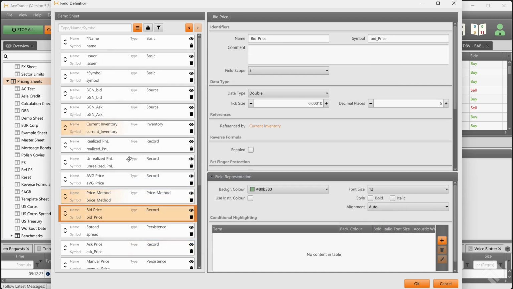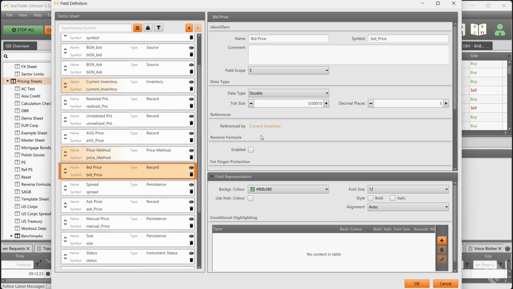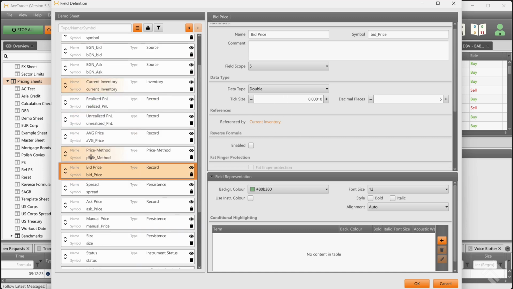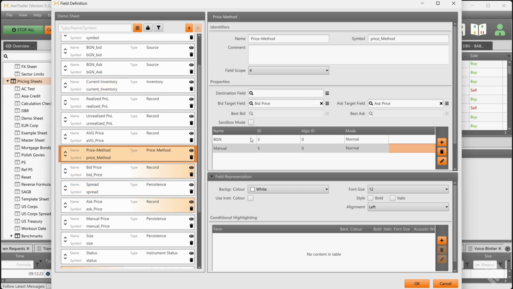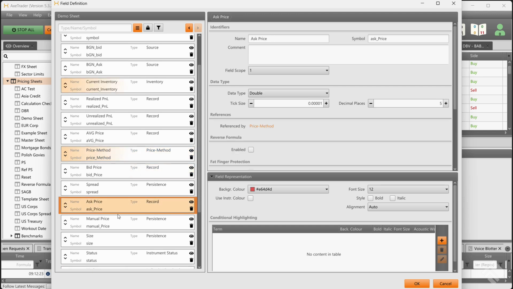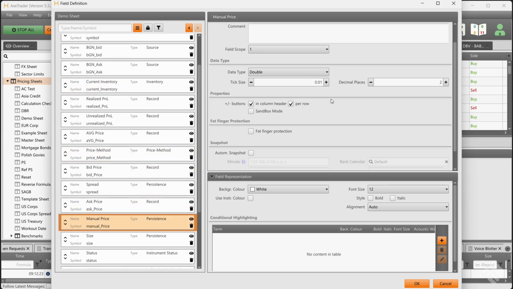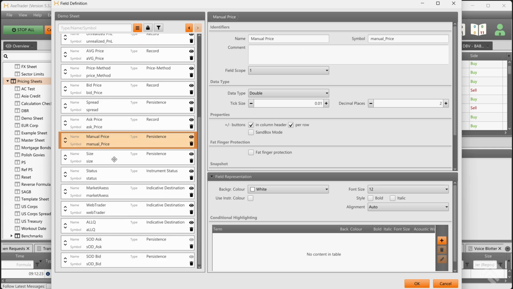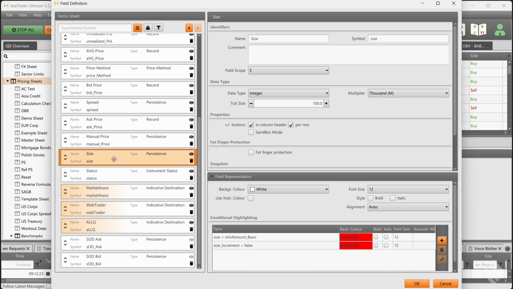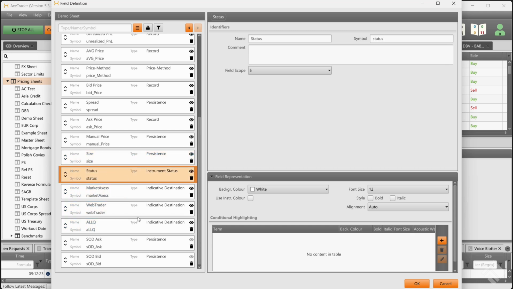Next fields are your bid and ask price, which you used as target field for your price methodology. You also have the spread field here, which is what you used in the pricing methodology to add the spread on BGN sourced price. Next is the manual price field, where you can use to enter a manual price that you defined as one of your price method. Next is size, which is the size of the bond or instrument that you will quote to different markets or venues. Next one is the status field, which is used to set the status of the quoting instrument to on,